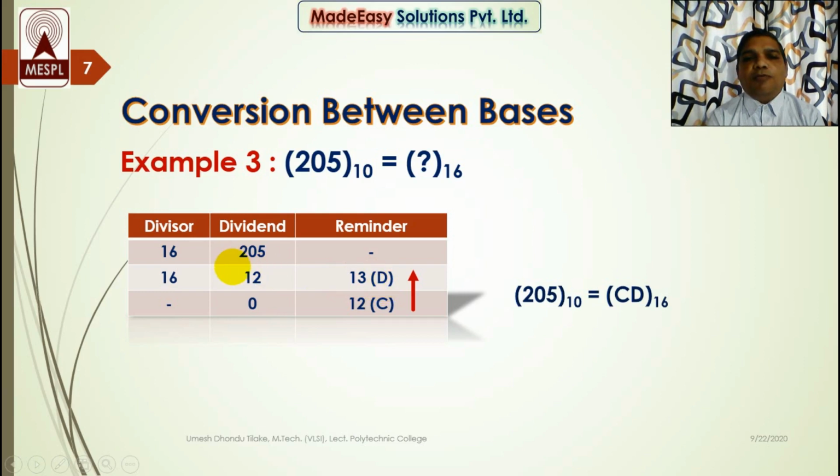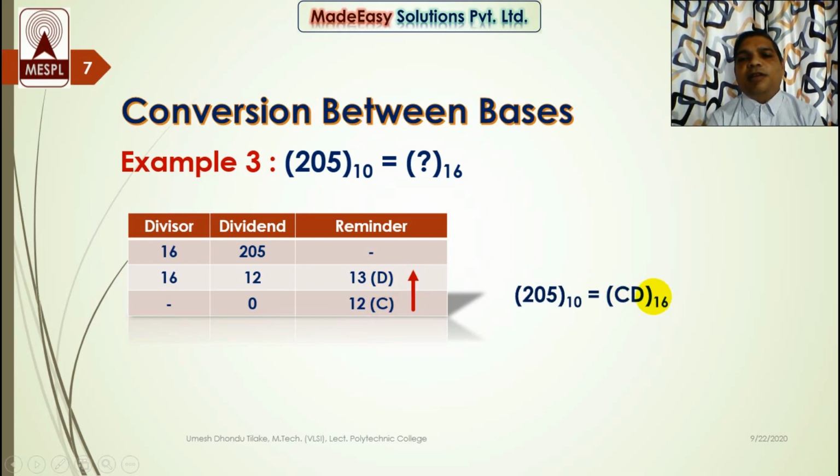D. Now we have got a non-zero quotient. So now here 12 is less than 16, so we cannot divide 12 by 16. So we have to consider 0 as a quotient over here. So 16 zeros are 0, 0 subtracted from 12, we get 12 as a remainder, and the hexadecimal equivalent of 12 is C. So I have considered C over here. Now consider these remainders in reverse order. This arrow shows you the reverse order. So CD